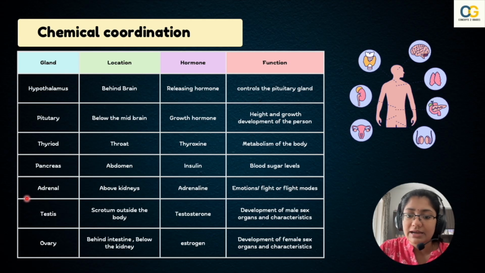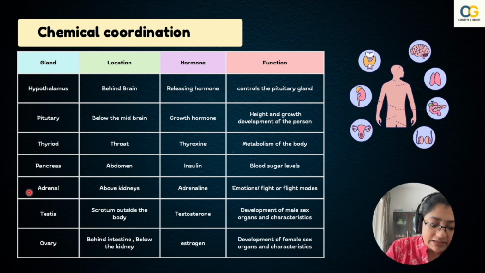If the person has iodine deficiency, they develop a disease called goiter, which has a swollen neck as its symptom. And this is the reason why in India, salt is iodized by law to help people get the required iodine for thyroxine production. The next gland we have is the pancreas, which is present in the abdomen, and it releases